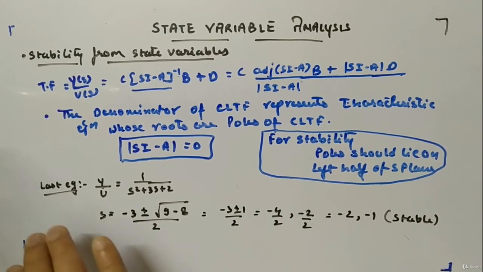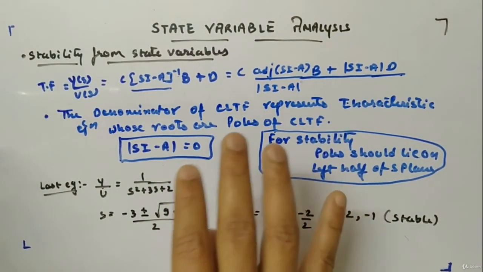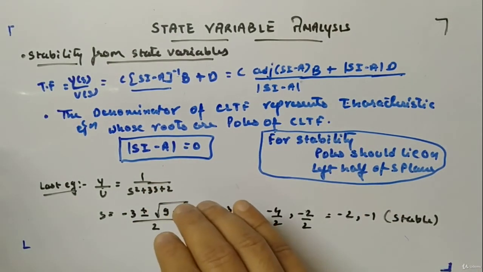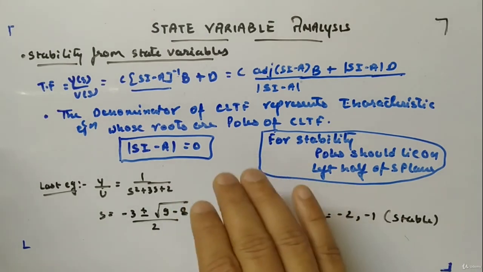Okay, so you saw an example of how to judge stability from state variables. First convert it into a transfer function, and from its denominator